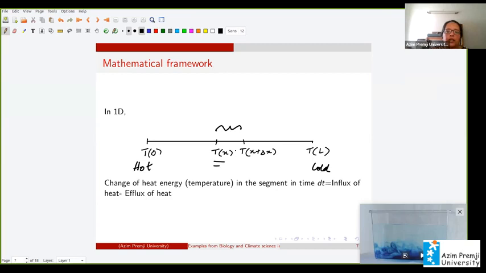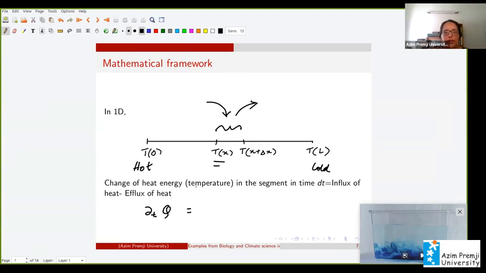Okay, so if you measure that amount of heat energy in a time dt, that would be equal to whatever has come in minus whatever has gone out, right? So essentially what we have is, okay, so I'll have to start writing partial derivatives, but bear with me. It's not easy to do this, but bear with me. So the change in the heat energy, okay, that would be equal to the influx of heat minus the efflux